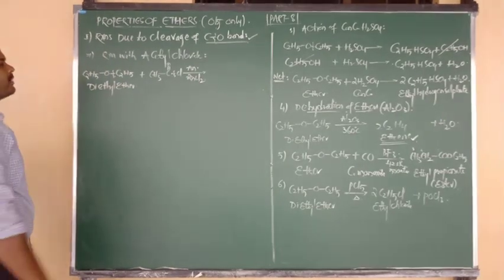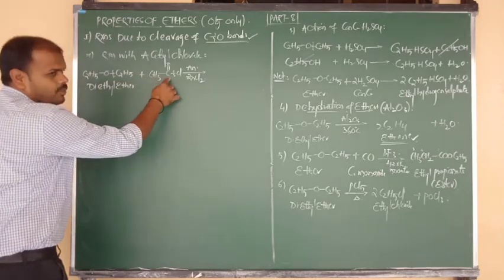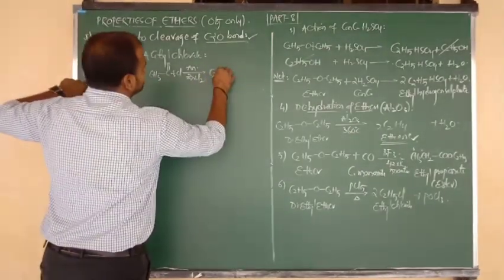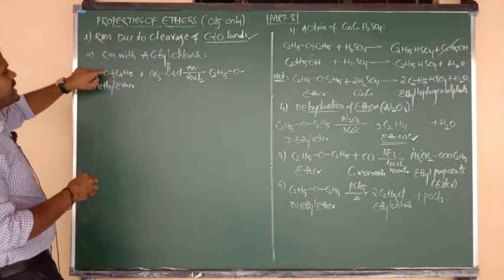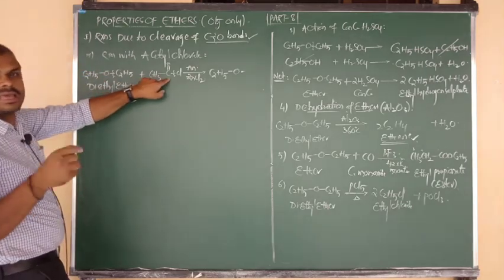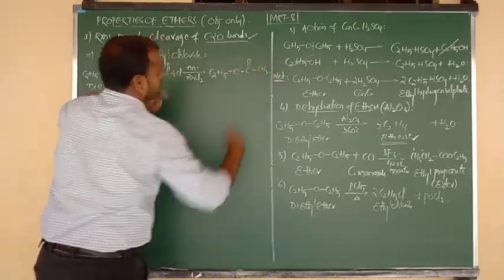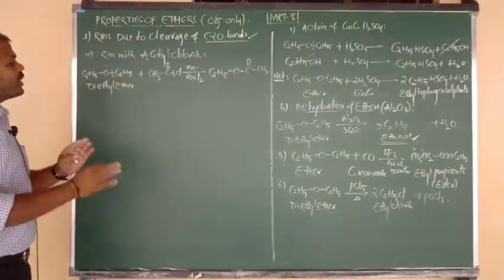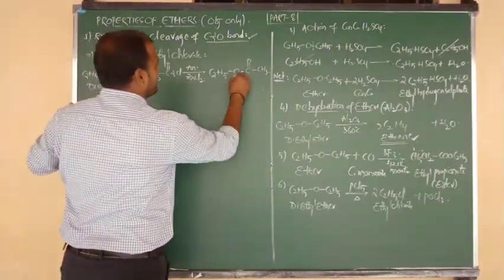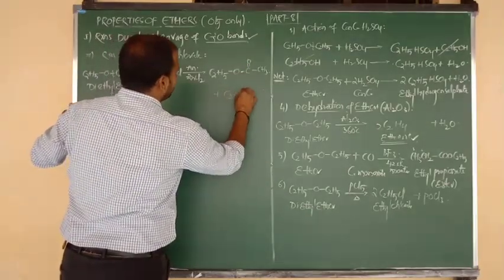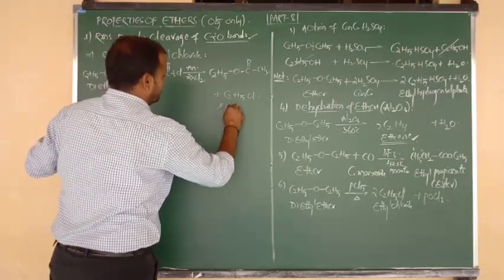Products, here you will write C2H5O minus attacked by acyl carbocation, nothing but C2H5 bonded to O, and O carries a negative charge. Such a negative charge oxygen is attacked by acyl carbocation, nothing but C double bond O bonded to CH3. Right, and what may be the byproduct? Here ethyl carbocation is there and Cl minus is there, that is eliminated in the form of ethyl chloride. This is the byproduct here.